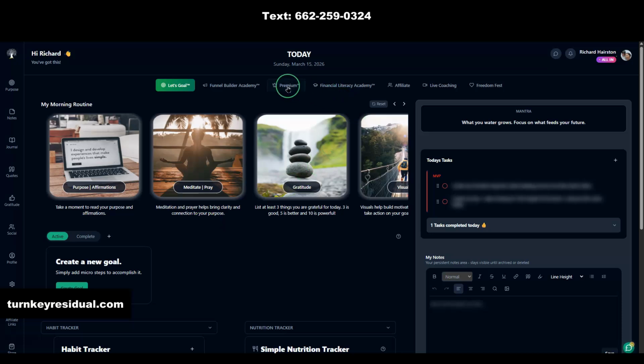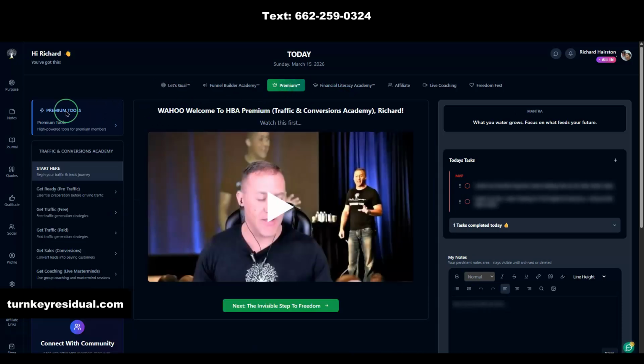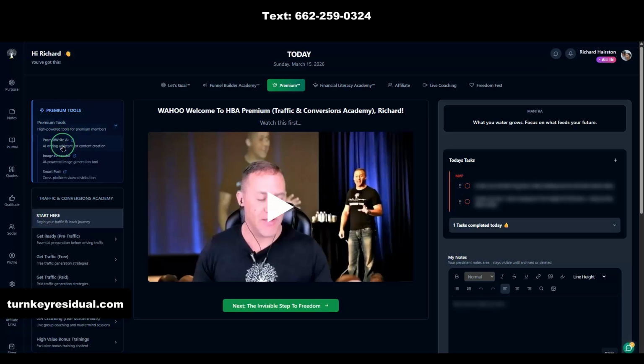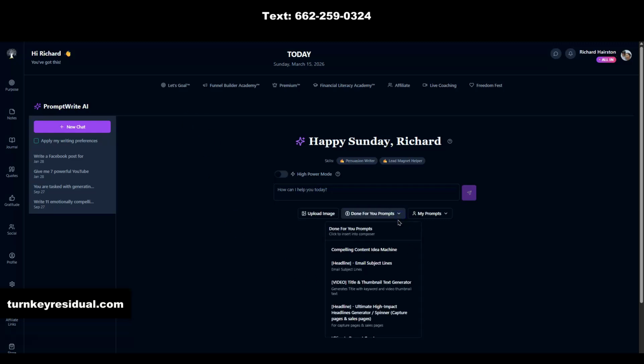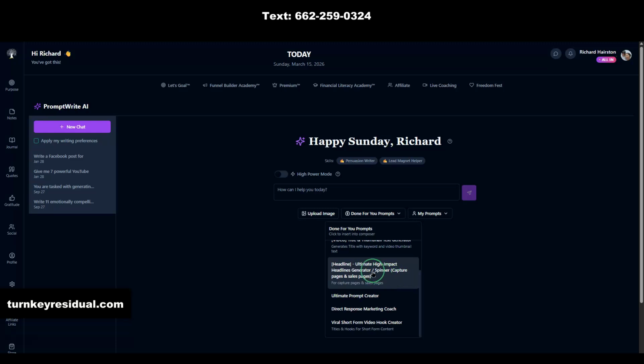So I'm going to come over here to premium. When I come to premium, we're going to come over to where it says premium tools. If I click on that, a drop down comes up. Now what we have here, the first tool is called PromptWrite AI. On this tool, you can use this to come up with prompts for whatever it is that you're doing. We give you done-for-you prompts right here that you can actually use: compelling content ideas, headline, email subject line, video title, thumbnail text generator, ultimate high impact headlines generator, spinner, capture pages, ultimate prompt creator,